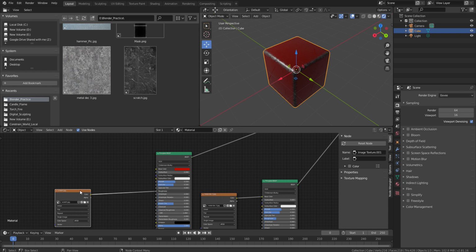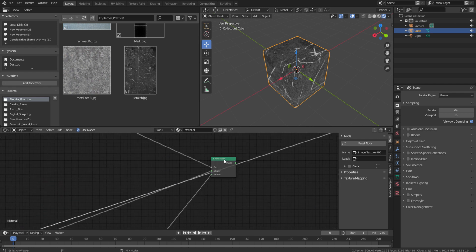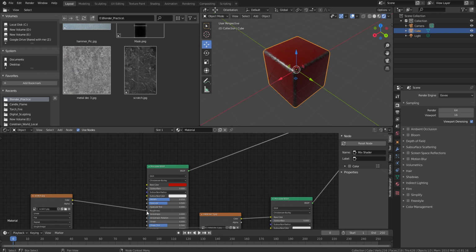So we are not going to use any image texture for the base color, just using the scratch and connecting it with the roughness, but not the base color. That is something very important, because if you see, let me show you,